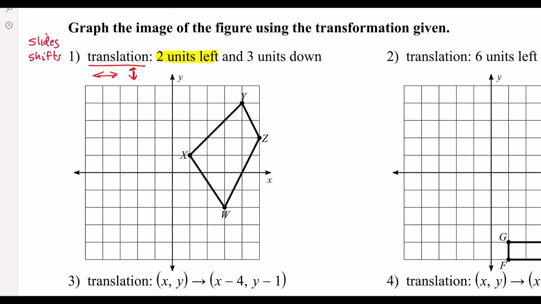So we're going to be going, that shape right there is going to be moved 2 units left. Think about moving a piece of furniture when you have to maybe move it over to the left and then bring it forward. That's what's happening here. It's like moving a piece of furniture. So what we're going to do is move each point 2 units to the left, 3 units